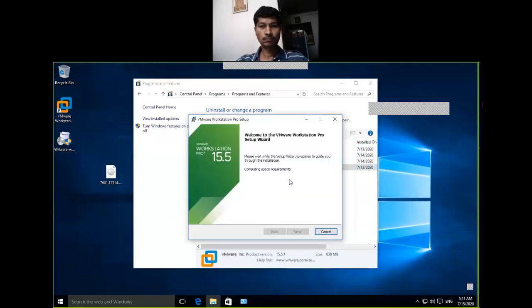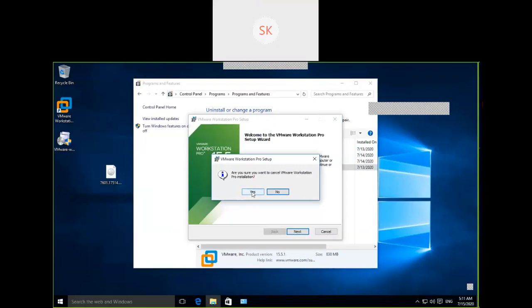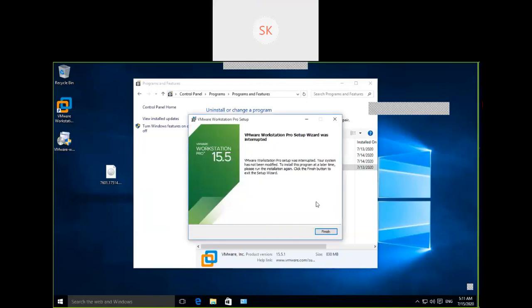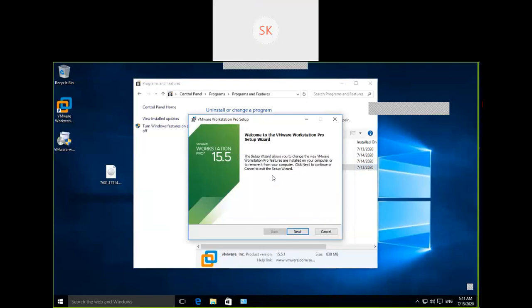What is the requirement? For the coming classes, we should have a desktop or a system. Minimum RAM requirement is 4 GB. If you have 8 GB memory, that is good enough. And hard disk storage, at least 500 GB.